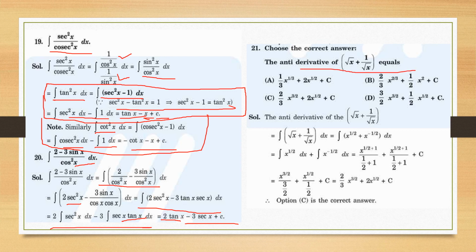21 is choose the correct answer, antiderivative of this. Okay, no square is there, so we will just take it as x to the half plus x raised to power minus half. I told you that whenever 1 upon x is there, the integral is log mod x, but 1 upon x square needs to be taken as x raised to power minus 2. Similarly, 1 upon root x also needs to be taken to the numerator as x raised to power minus half. So use the power rule: x to the half plus 1 upon half plus 1, plus x to the minus half plus 1 upon minus half plus 1. So this is how we can operate to get the answer. So option C is correct here.